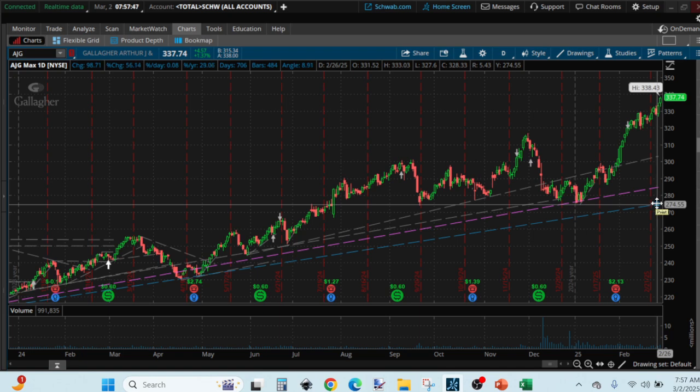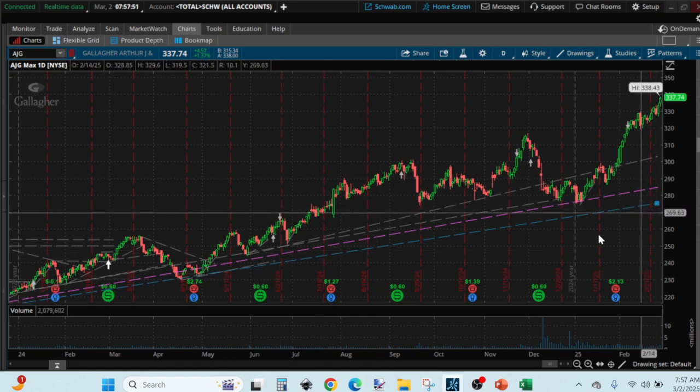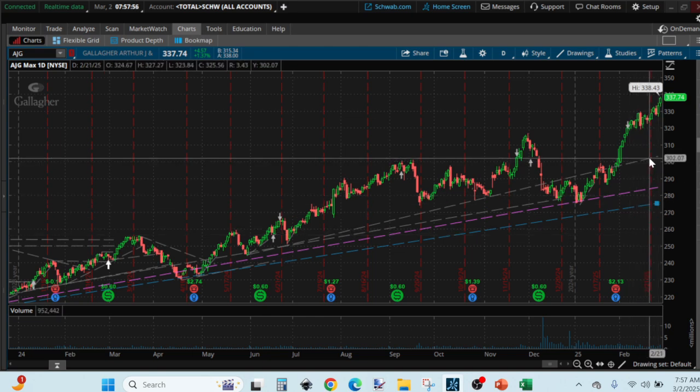So I'm keeping an eye on where it touches base with the lows to extend it. So this could be one that we could be keeping an eye